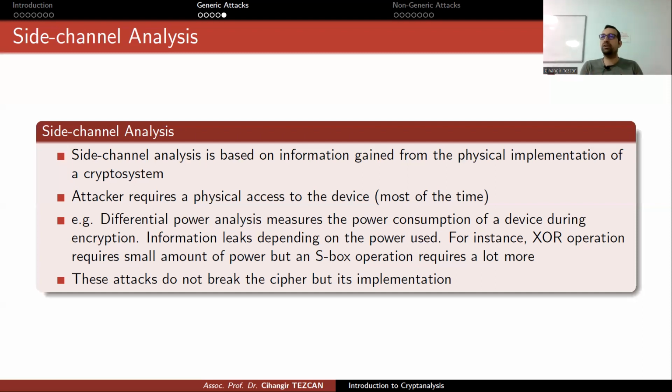So it is an active research area, but there are no proofs that you can say, okay, this implementation cannot be broken with side channel analysis. You cannot say that most of the time, okay? Because with power analysis or other side channel attacks, you can come up with many different versions, and it is very hard to provide. You cannot say that you have provable security against side channel attacks. That is the main thing I'm trying to say.